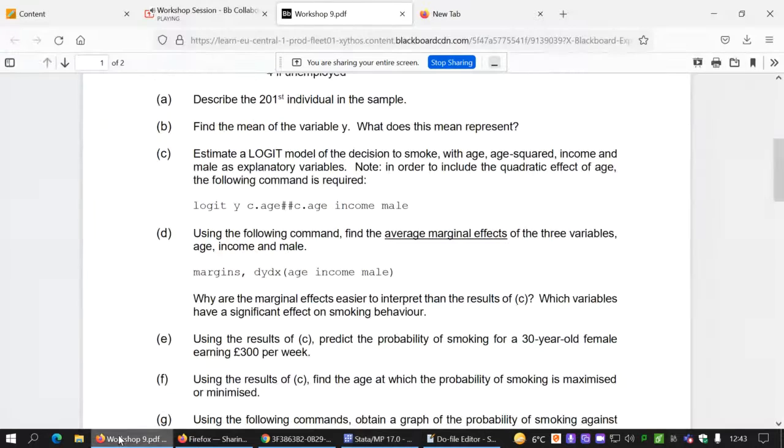All right, so let's go back. Why are marginal effects easier to interpret than the results in C? Because the results in C is of an overall effect. Similarly, a unit increase in income reduces the propensity to smoke by 9.42 percentage points. Using the results from C, predict the probability of smoking for a 30-year-old female earning £300